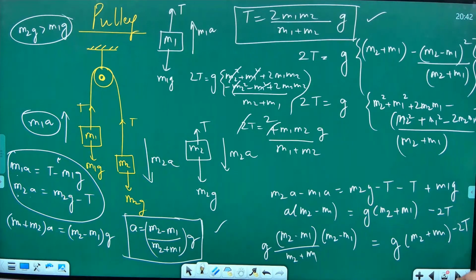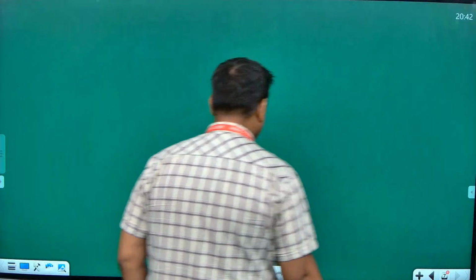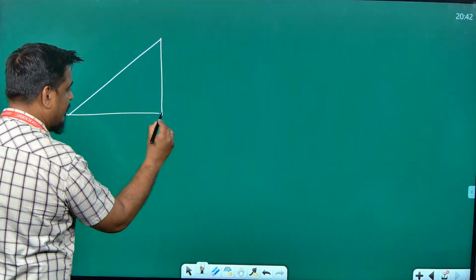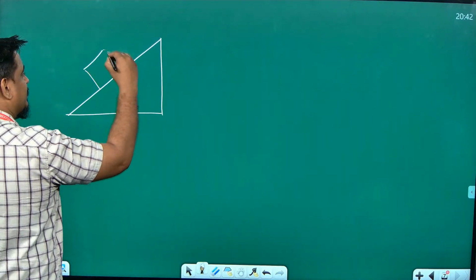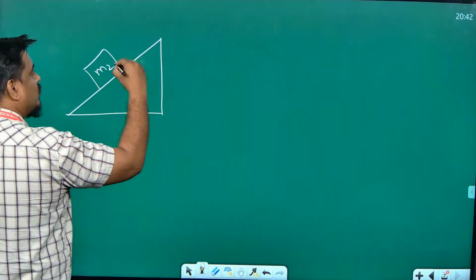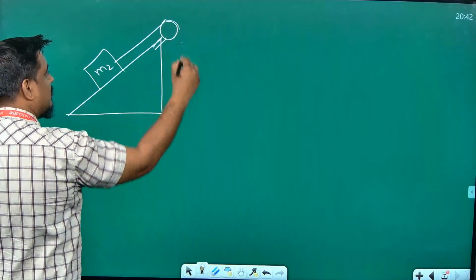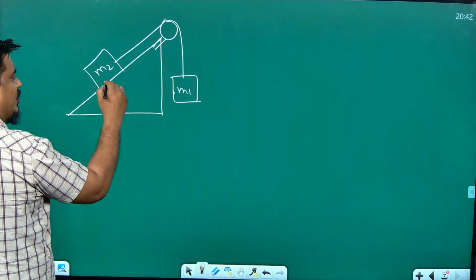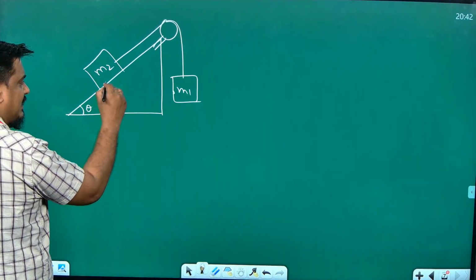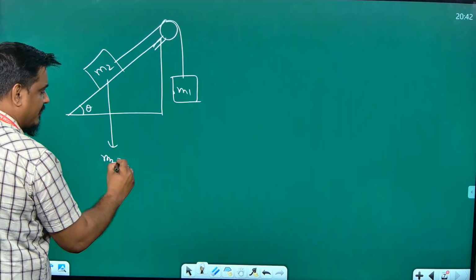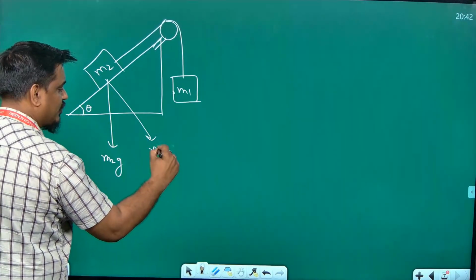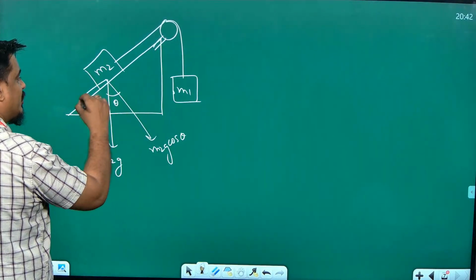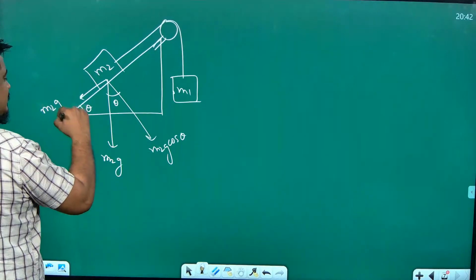Okay. Now, let us talk about the system which I have drawn earlier also, and I want everybody sitting here to make an equation. M2 and M1. I gave you a hint. You have to resolve the forces. This is theta. This will become M2G, and this will become M2G cos theta. Remember or not? And this side you will have M2G sin theta,